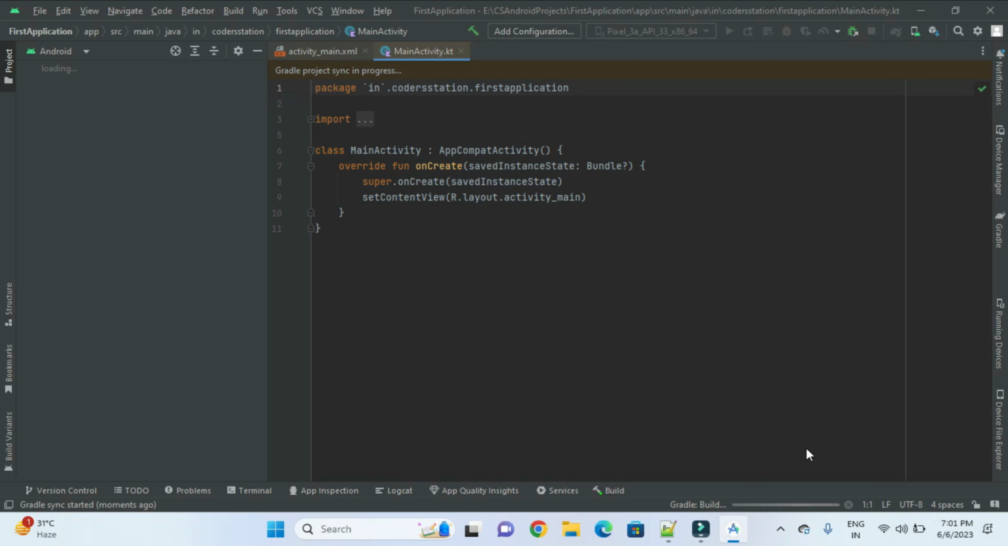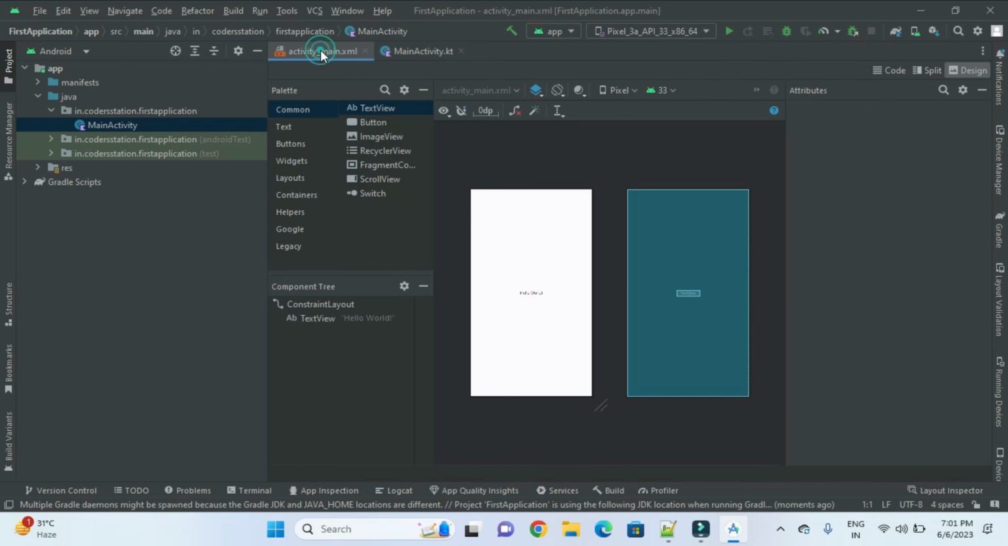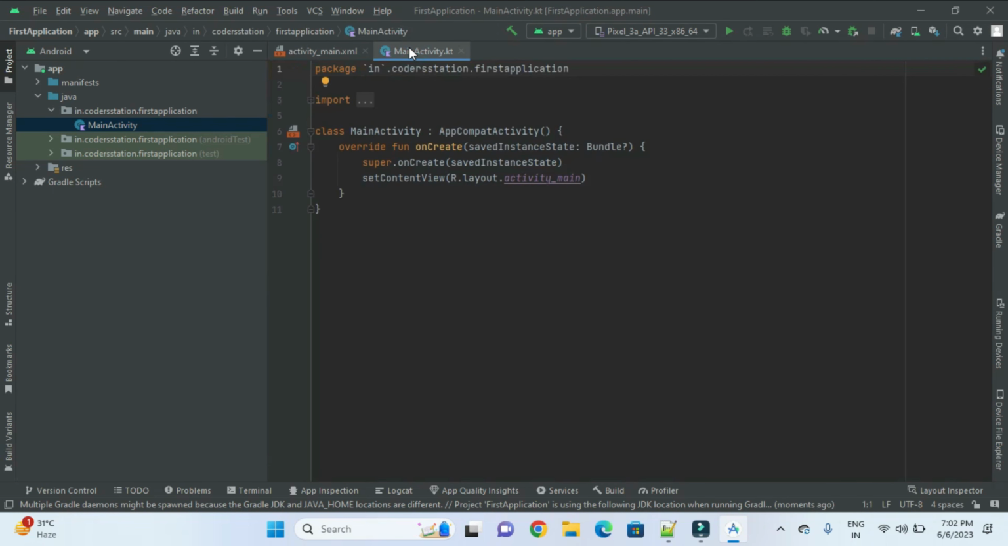After clicking on the finish button, it will take some time to build the application. Okay, it's now built properly, so now we can see that each and every application will be divided into two parts. One will be the XML file and the next one will be the Kotlin file, that will be the .kt